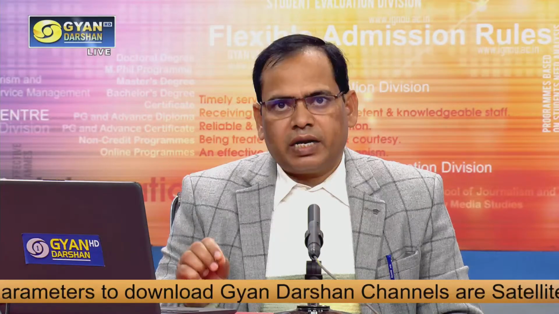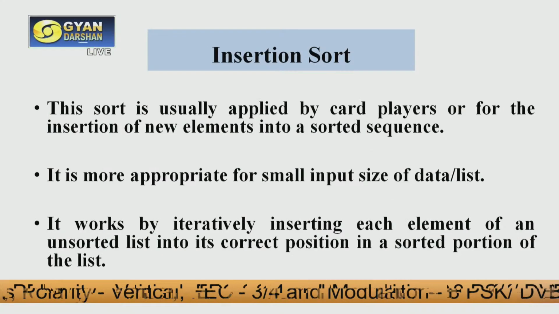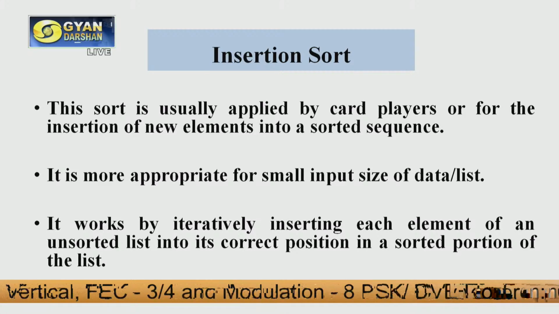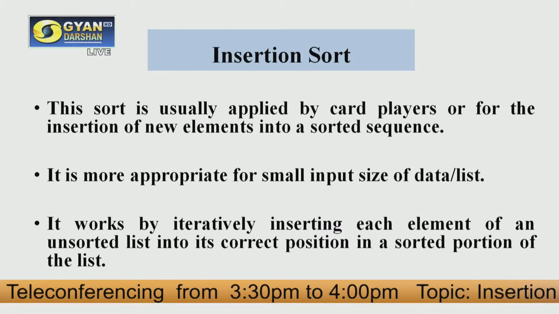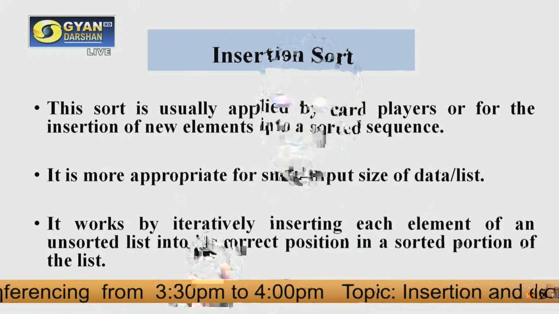Then we take the third item from the unsorted list and we compare it with the last item of the sorted list, that is the second item, and we see if the third item is smaller than the second item of the sorted list, then we again compare; if the first item of the sorted list is also larger than the third item of the unsorted list, then we shift these two items one place toward the right side and make the place for the third item to be